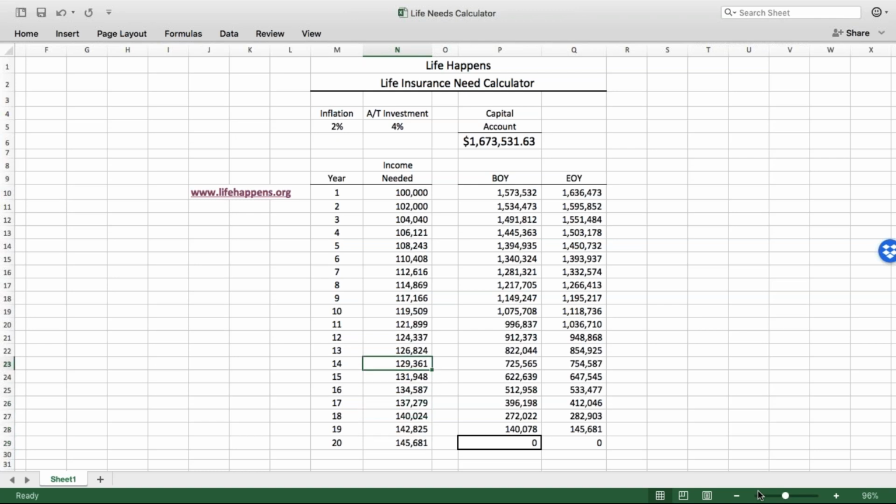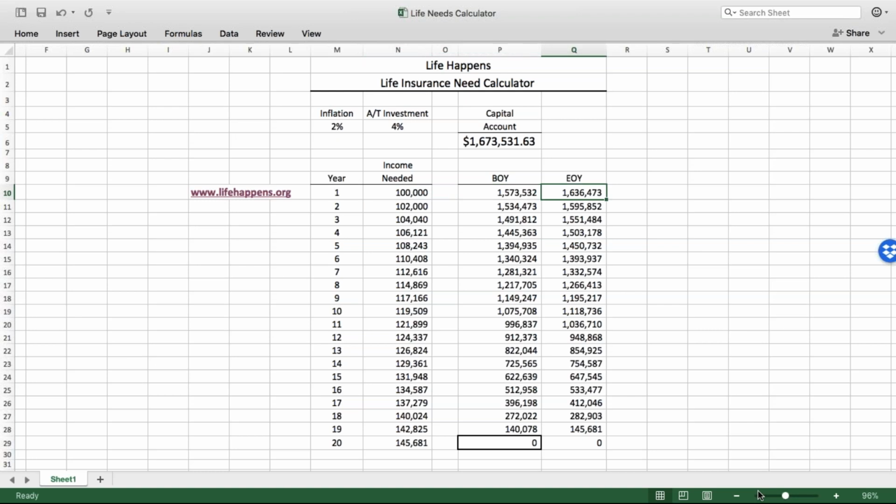So in the first year, I have the $1,673,000. And in this case, this calculator is assuming annual withdrawals from that amount. So just one time right up front, put it in the bank and then spend it. So we have the $1,673,000. We take out from that in the first year the $100,000 to provide the income. And then at the beginning of the year, that means that we have $1,573,000 working for us, but it's grown at 4%. And so that will take us back up to